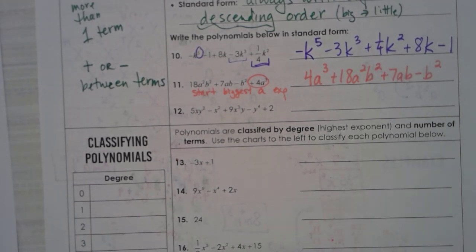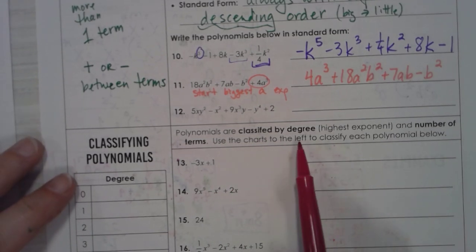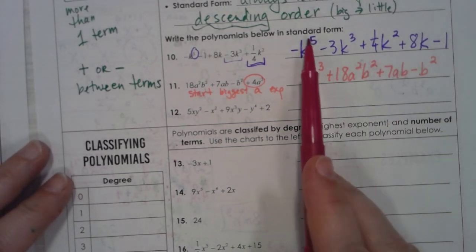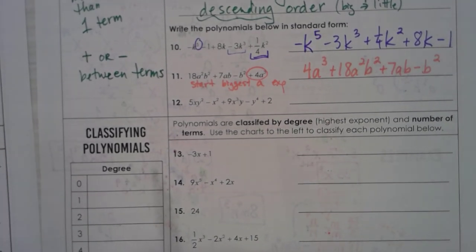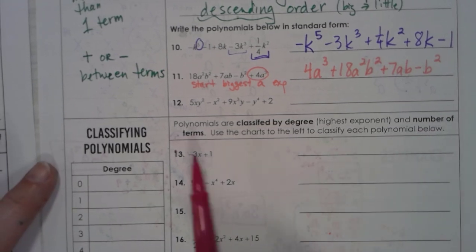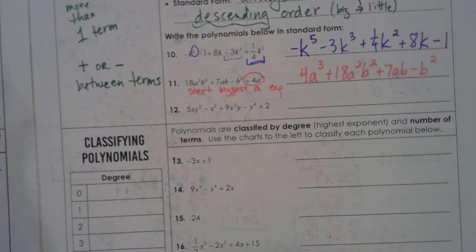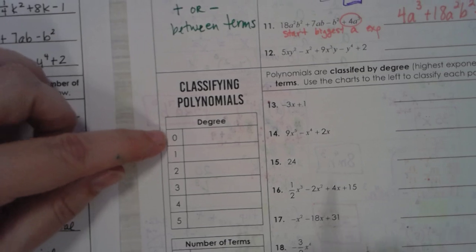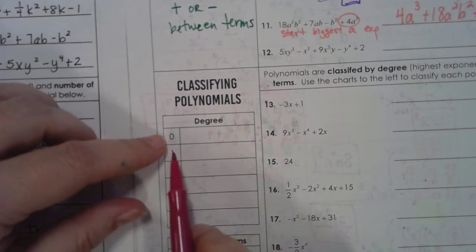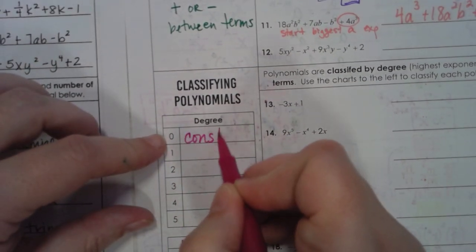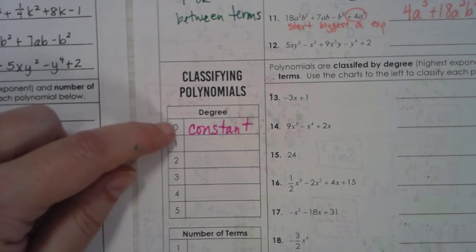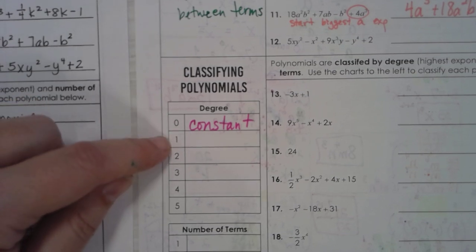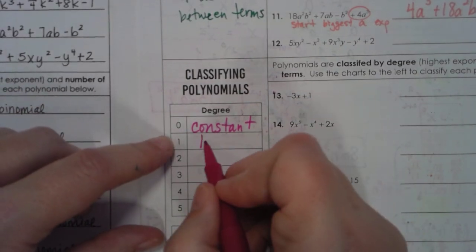And then our last thing here is classifying polynomials. Okay, polynomials are classified by their degree or their highest exponent. So this term that was in the very front is going to be the degree of our polynomial. And then we're going to count the number of terms, and we're going to give each polynomial a name. Okay, so if we don't have a degree, so if it's just a constant all by itself, it's just a number. It doesn't have a variable with any exponents. That's a 0 degree, and that is called a constant. If it has something to the first power, we call that linear,